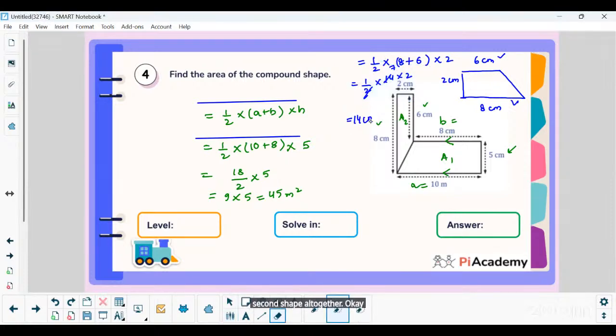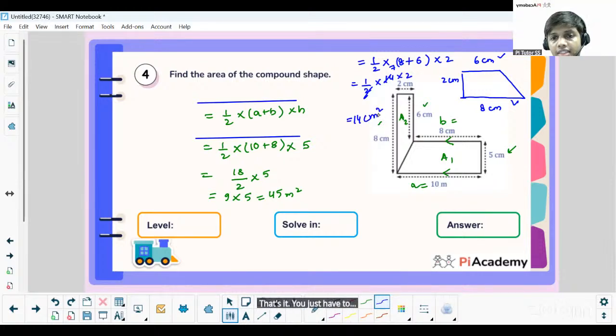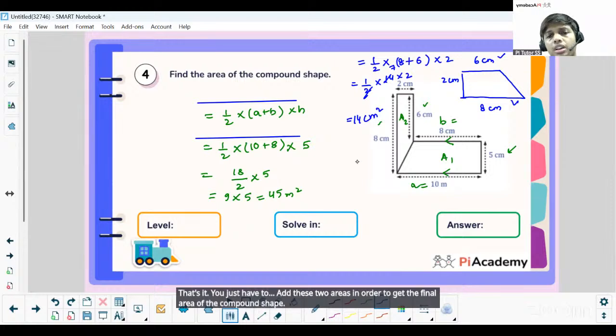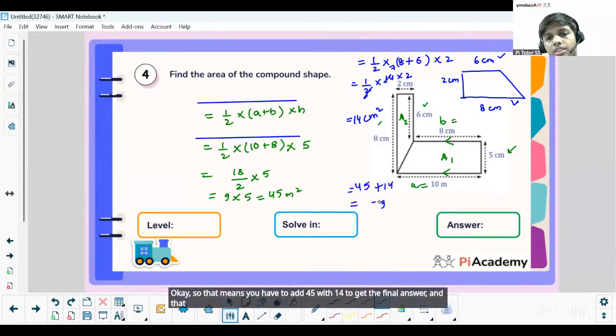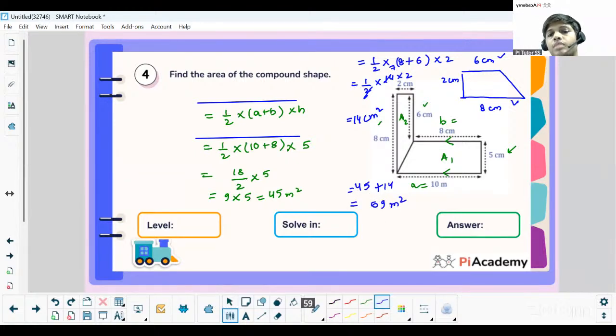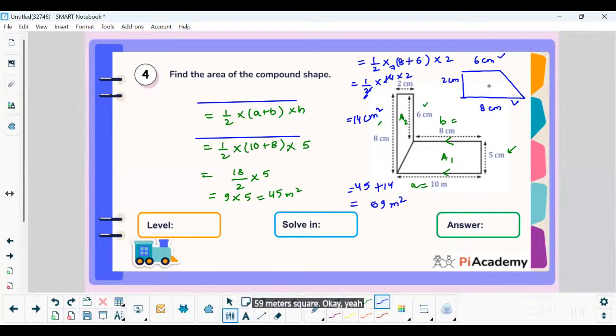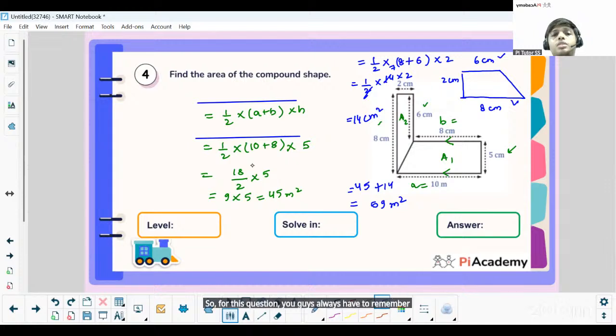Okay, that's it. You just have to add these two areas in order to get the final area of the compound shape. So that means you have to add 45 with 14 to get the final answer, and that is equal to 59 meters square. Great. So for this question, you guys always have to remember these type of formulas are going